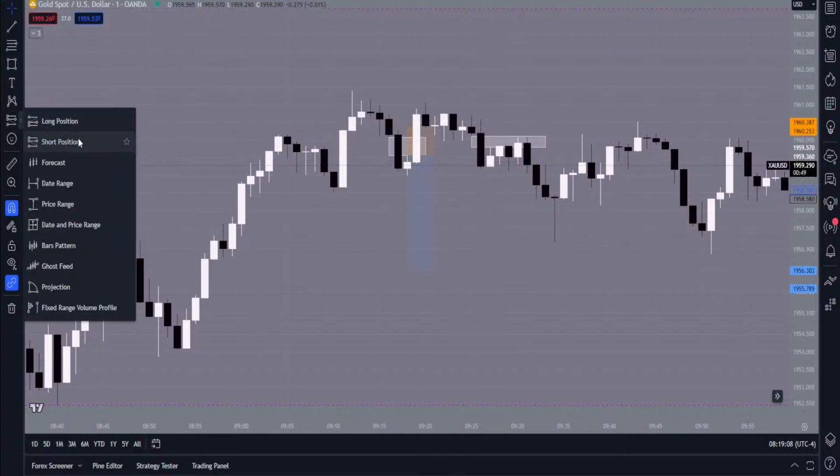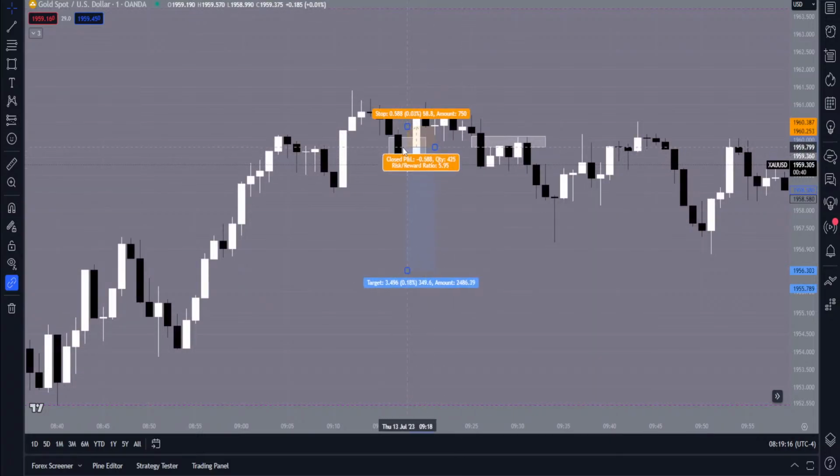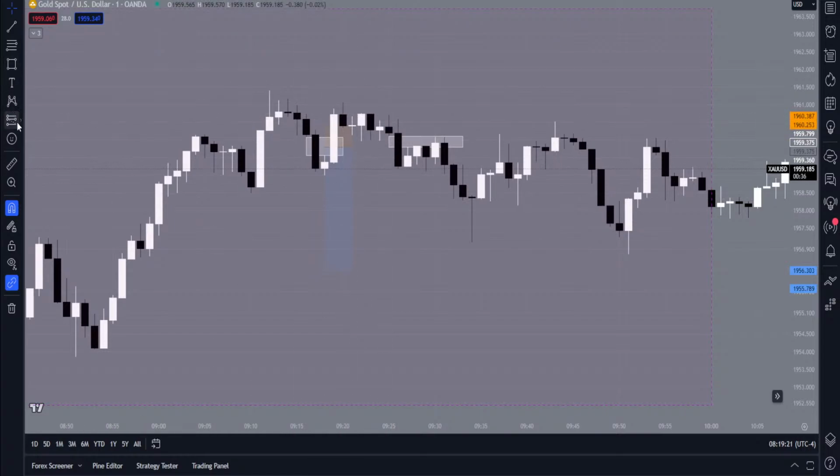And how would you have entered this? Would you have entered on the top or the middle, right? Because our entry is the middle, so I should be actually doing these correctly, just so you know. Okay, so let's say you entered in the middle, or if the imbalance or fair value gap, whatever you want to call it, is too small, you could enter on the top end of it.